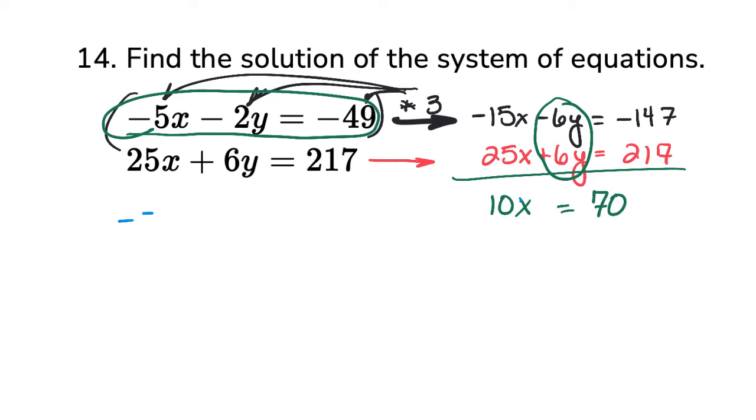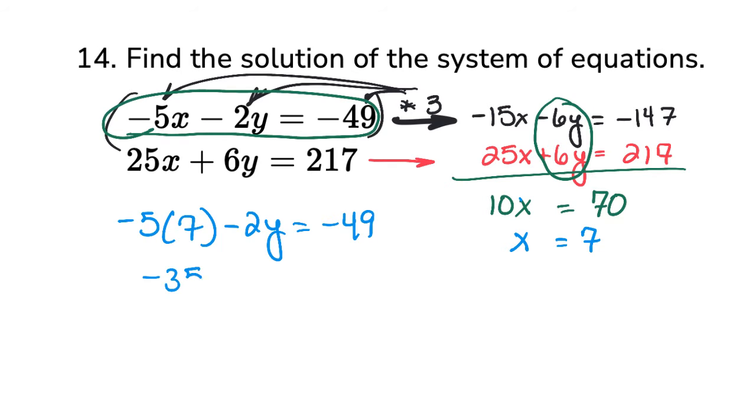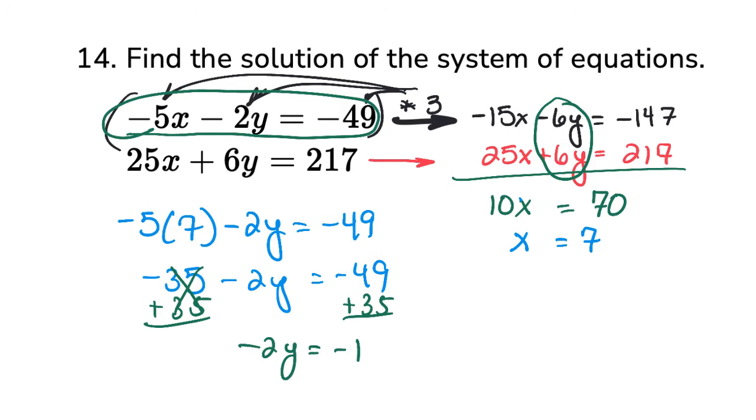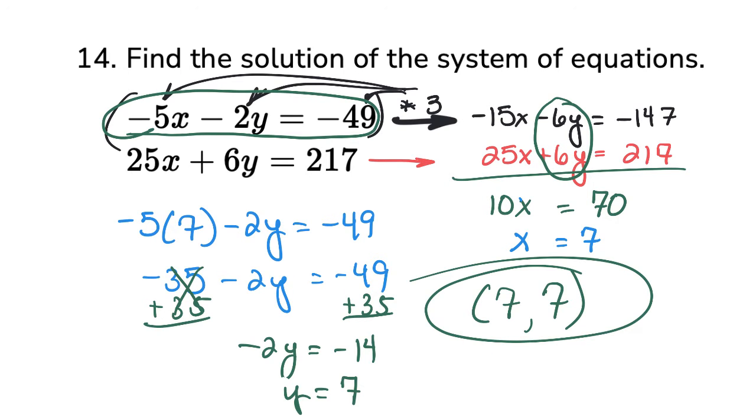Go back here, -5. X here is 7. That was right. I put my 7 in there. 35 minus 2y equals -49. Add your 35 to get rid of it here. Add your 35 there to keep it balanced. 2y equals -14, I believe. So y equals 7. It looks like this way. 7, 7, which explains why I substituted in for y a 7 and out came a 7. Because 7, 7 is where these two cross